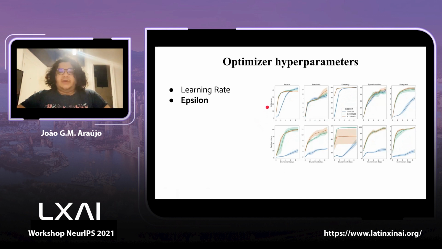Then we go for the optimizer hyperparameters. As I said, we're using Adam. And so we have the learning rate and the epsilon. The epsilon is that value that you add to the square root of the running average of the squared gradients. So you add the epsilon to avoid dividing by 0. But the thing is that epsilon is a value, and different values of epsilon can cause some different behaviors in the optimizer. More specifically, if you have high values of epsilon, Adam starts to behave more like SGD plus momentum and loses some of the adaptivity.